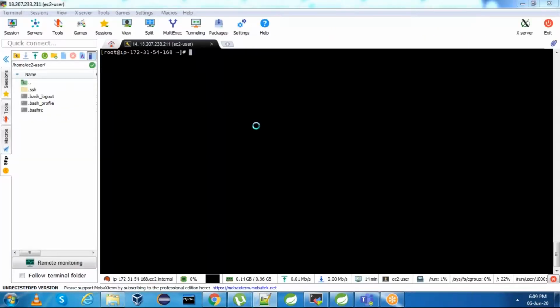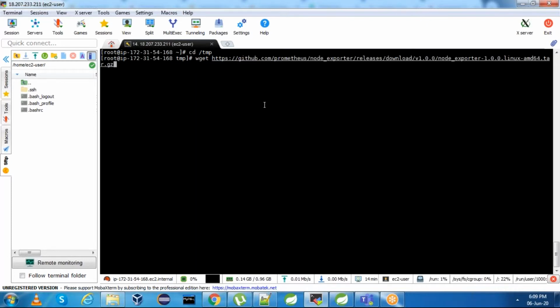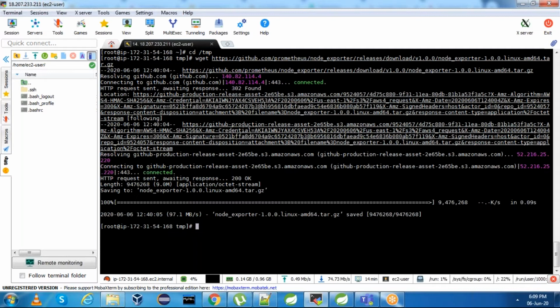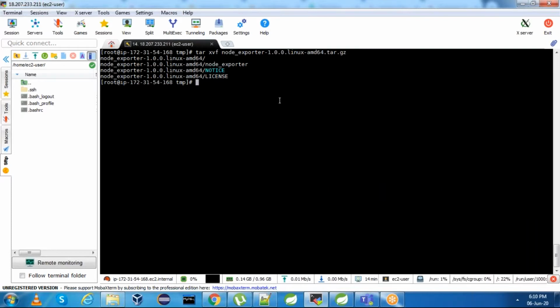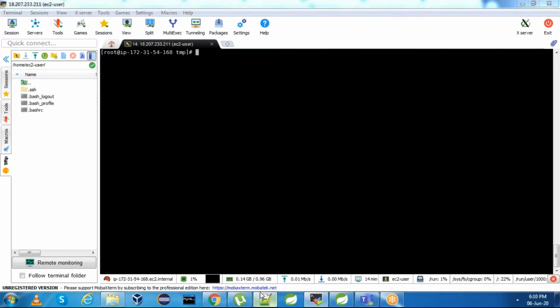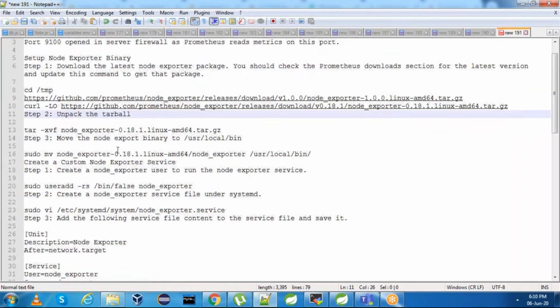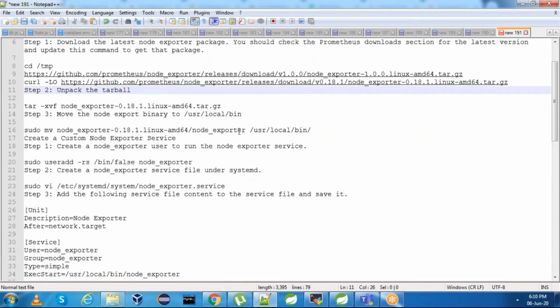I am doing the same process on the Prometheus server which I already have. Go to /tmp and just wget node exporter, and then tar xvf node exporter. Done. Then you have to move this to /usr/local/bin.